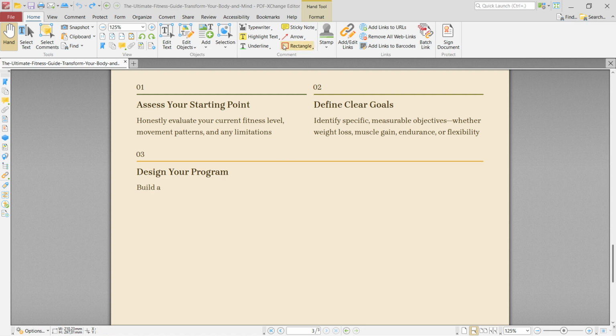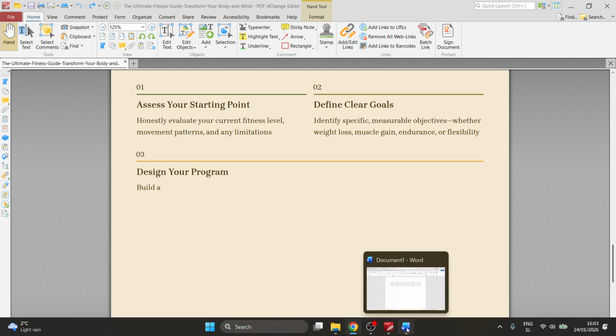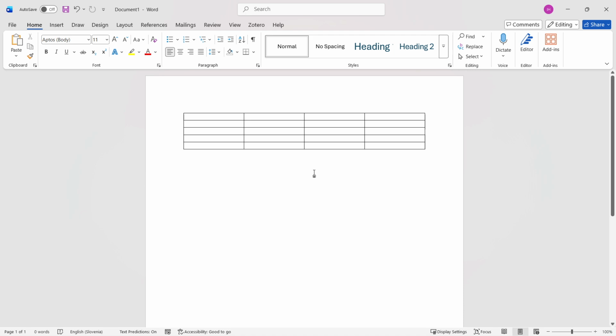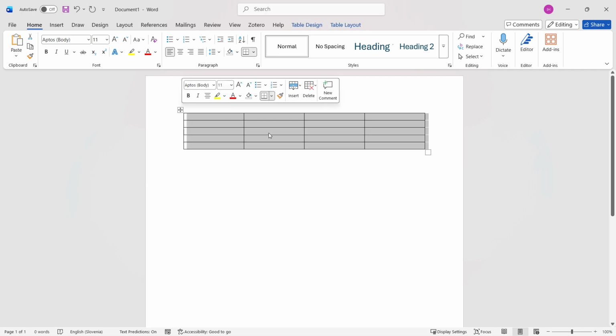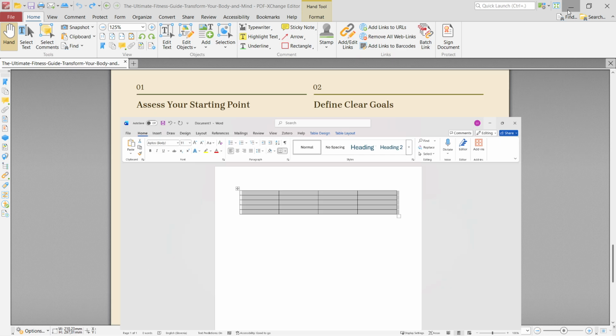So instead of having to basically create one using rectangles, lines, and stuff like that, you can just open up, for example, Word or Excel or whatever, where you can basically create tables, and you want to just select the table and copy it by Ctrl-C or right-click and copy, and then you can just go ahead and